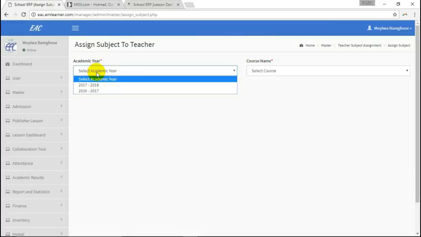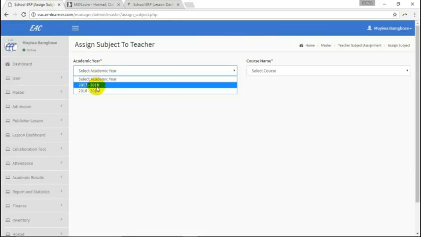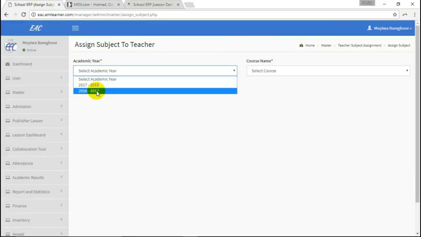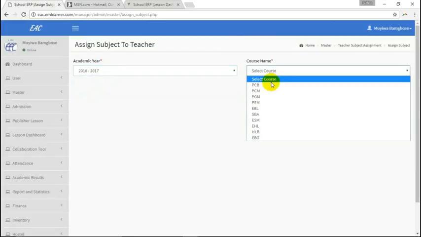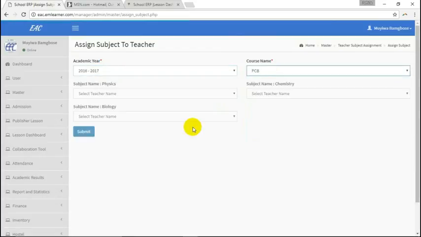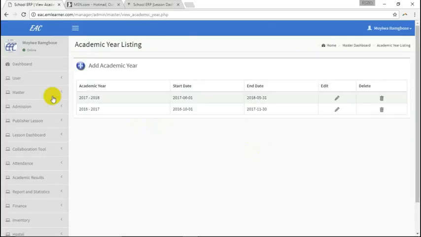Now it has come. You see that? And so once you pick a teacher that is teaching now, this is the list. And so you drop here and pick anyone, the current teachers who are teaching that particular one. So once you finish creating, let me just refresh this system.